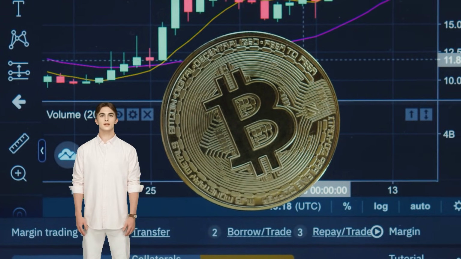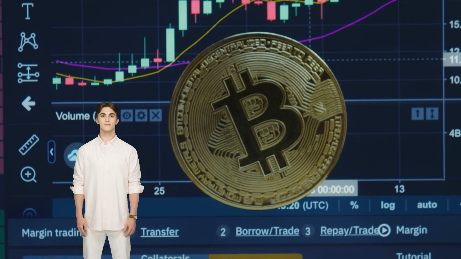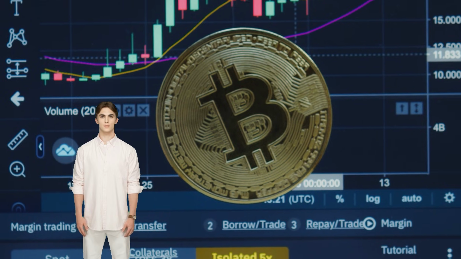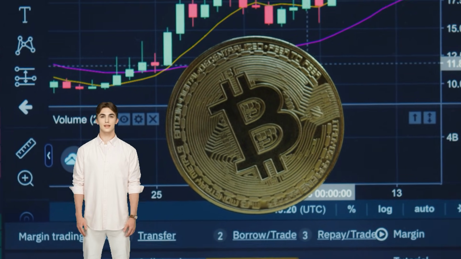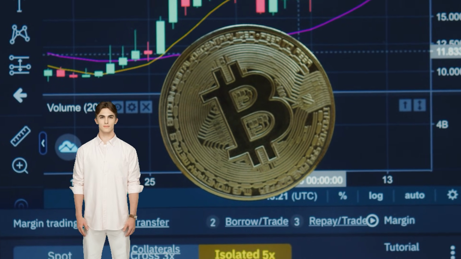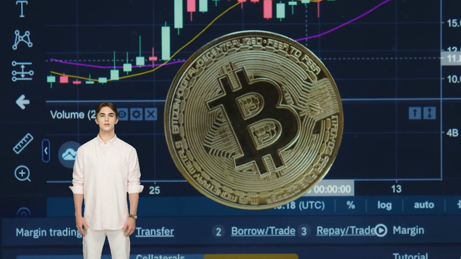Hello. Today, I'll briefly introduce Binance, one of the most widely used cryptocurrency exchanges. Binance is the world's largest exchange by trading volume, offering a wide range of coins, fast order execution, and relatively